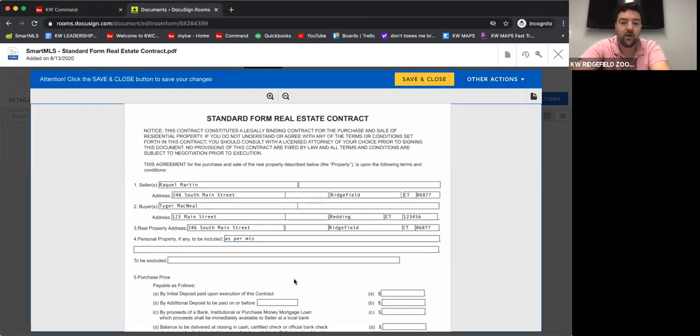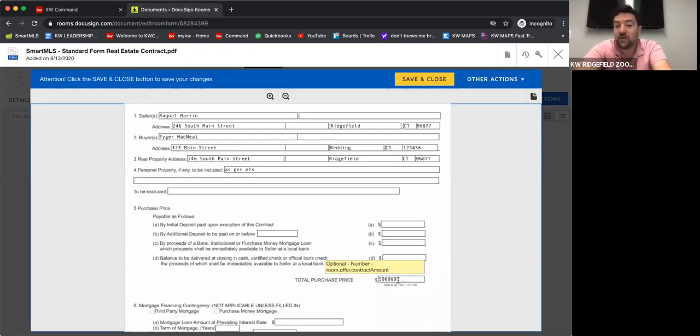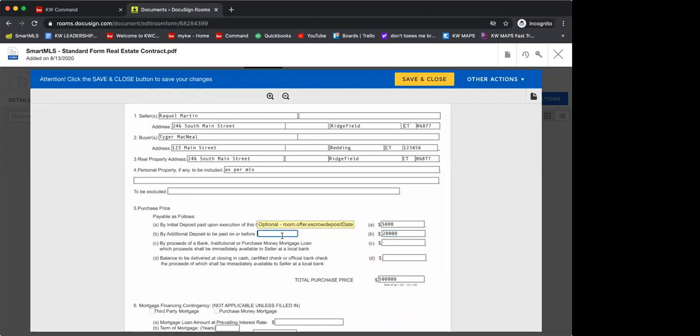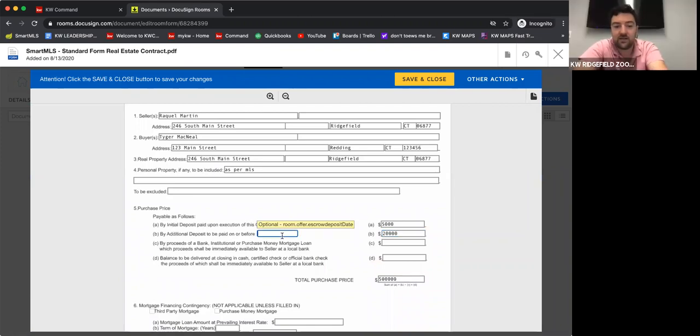Okay. And then you fill this out just like you would typically fill out any document. This is no different than .loop. This is no different than using zipForms, a fillable PDF. So this isn't really any different than what you're going to do. So it's a $500,000 purchase price. Let's say he's going to put $5,000 down. He's going to do an additional, let's say, $20,000 on contract. Contracts are to be signed, let's say, by the end of the month. So we'll do